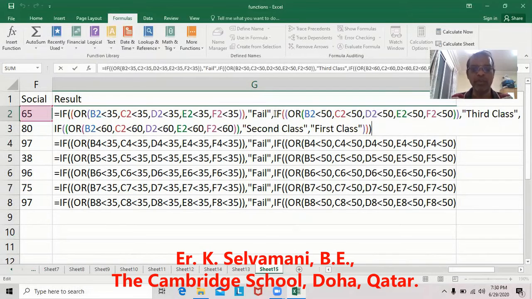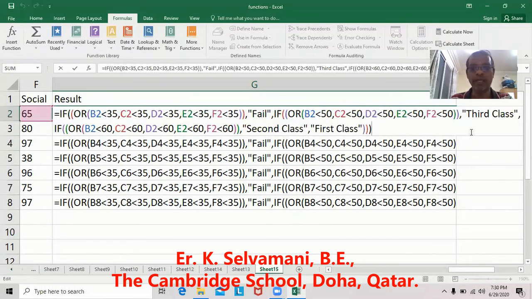Instead of double quotes blank double quotes, you can put that here. Again after comma put open double quote space close double quote, bracket for the double IF. So since we are having two IFs, at last we close two brackets and then drag it here. You will get Fail as well as Third Class, and then change it for this third IF.